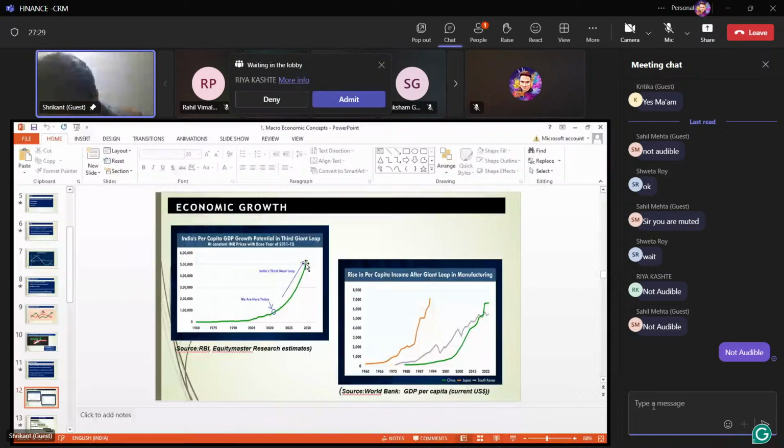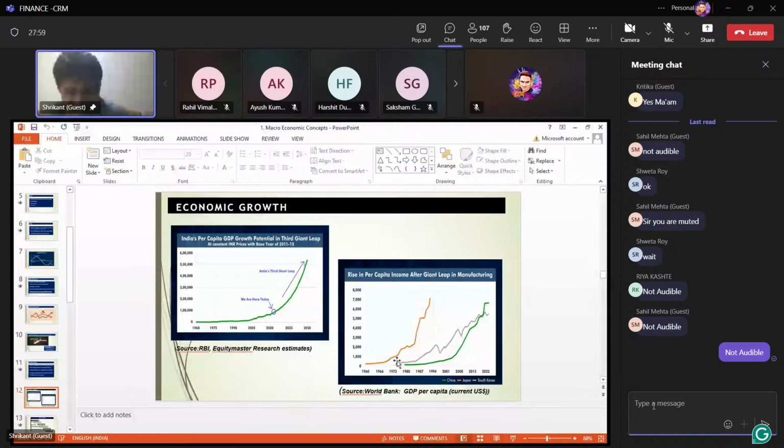Now, on the chart on the right-hand side, you'll see what is happening to Japan. Japan is in red. Japan started moving somewhere in the 80s, and they had massive growth, and hence the kind of development Japan has seen. Whenever we talk about developed countries, we always talk about Japan. In the early 80s, they took some right decisions, and as a result, they are where they are right now. The second one is